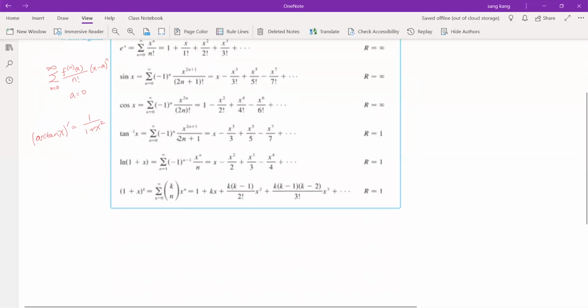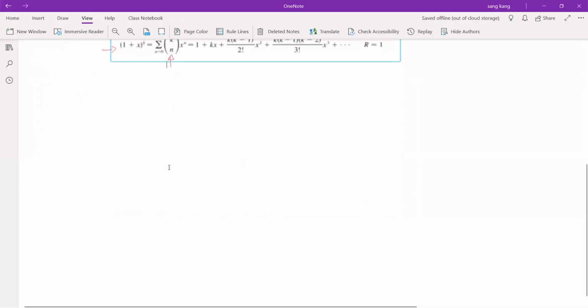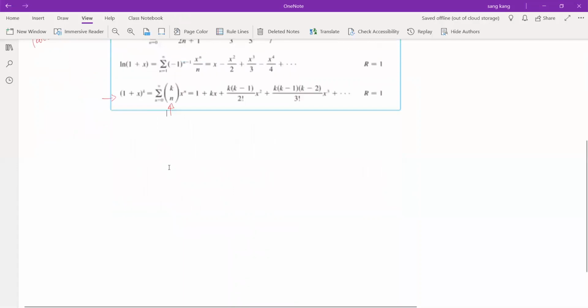Okay, and then this last one is the binomial series, which was kind of that funky one that I talked about last time. We have these binomial coefficients. Remember, it was read k choose n, which is given by this pattern that you can see in the coefficients here. If you have more questions on that, I can answer any questions that you might have after discussion as well. So let's jump into the first question,